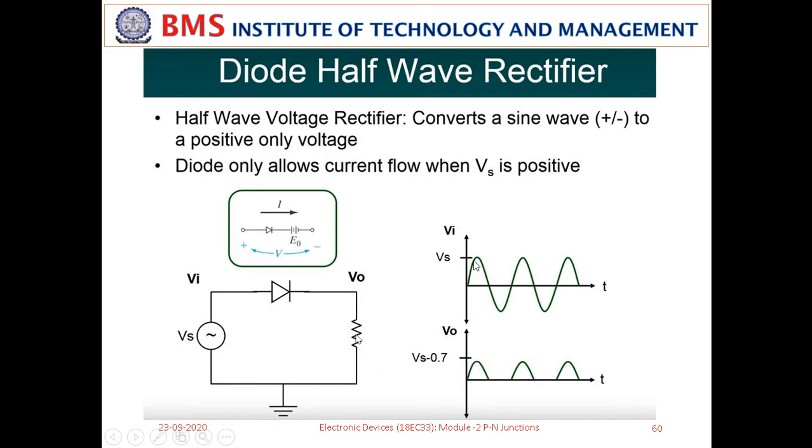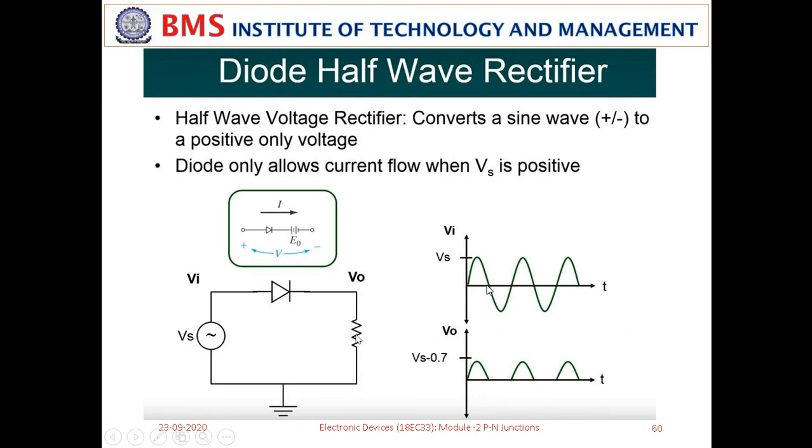There is a drop in the output voltage. It may not pass exactly Vs in the output; there is a minus 0.7 volt. The output is decreased by 0.7 volt due to the voltage drop across the diode. Here you can imagine the ideal diode model that we have discussed, with the barrier potential E naught. Once the input exceeds this E naught, only then does the device start conducting. So, Vs should be greater than V naught, meaning the diode drop should also be considered. The output will be less by 0.7 volt.